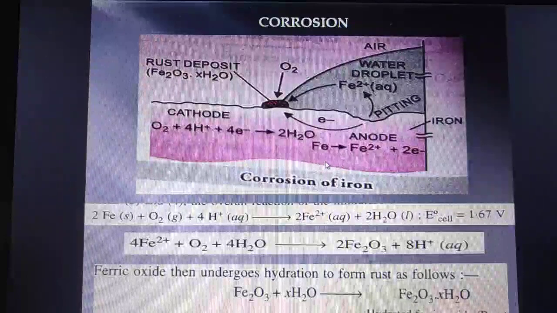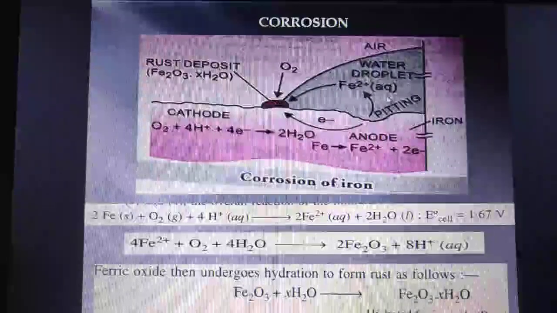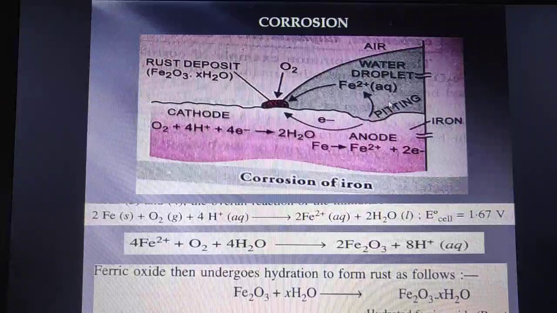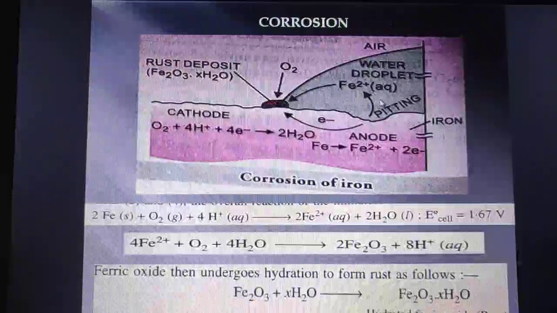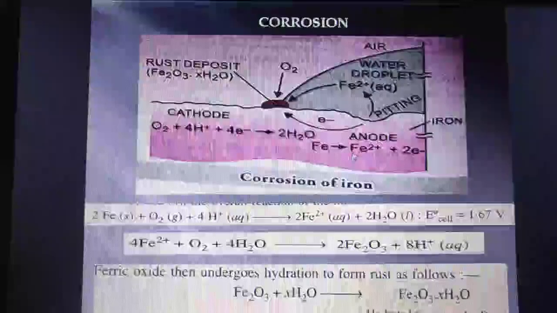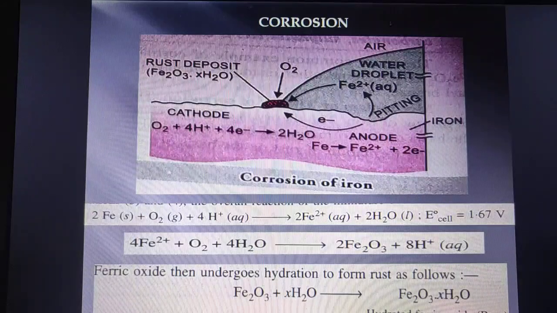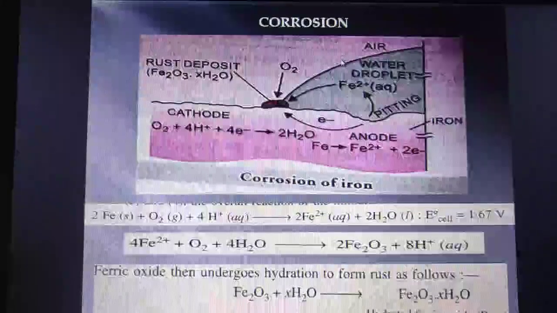Water vapor forms on the surface of the metal. Water vapor on the surface of the metal dissolves carbon dioxide and oxygen from the air. And what forms? It will form carbonic acid, that is, carbon dioxide in water. This carbonic acid will act as the electrolyte for the solution, which is a weak electrolyte and dissociates to a small extent. H plus ions are also produced by dissolution of other acids, like sulfur dioxide, which forms sulfuric acid, etc.